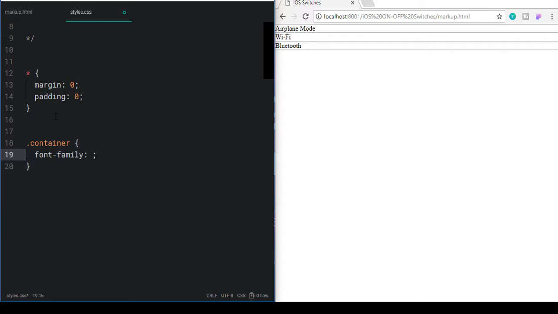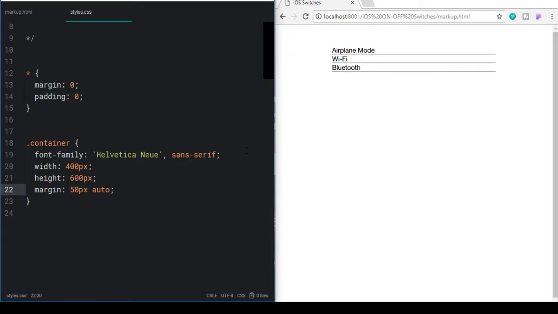So in container let's first change the font family to Helvetica Neue, which is a beautiful font, and let's set the sans serif as our fallback font, and let's give it a width of 400 pixels and height of 600 pixels, and let's set the margin of 50 pixel of top and bottom, and auto on each side. So we'll have the container in the middle of the page,